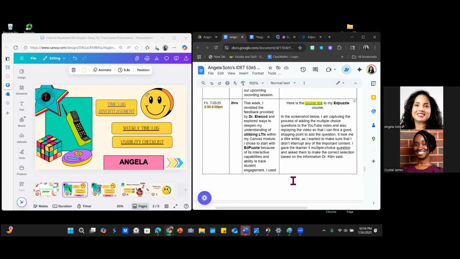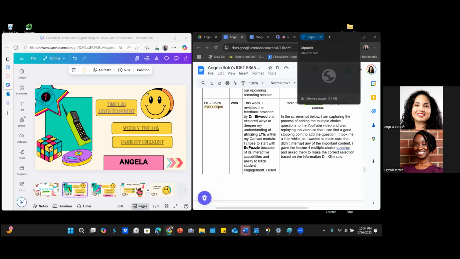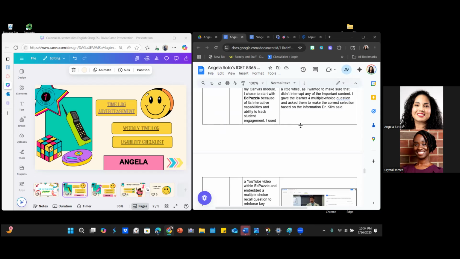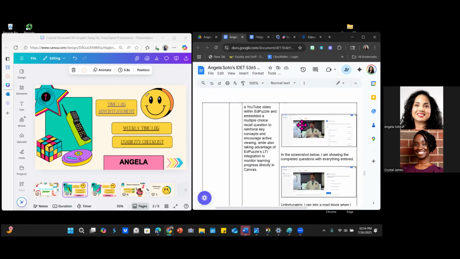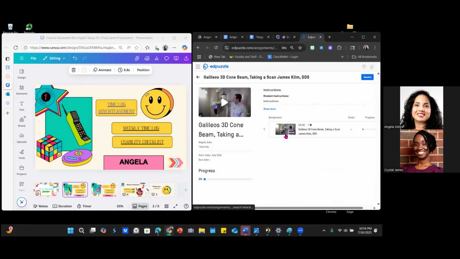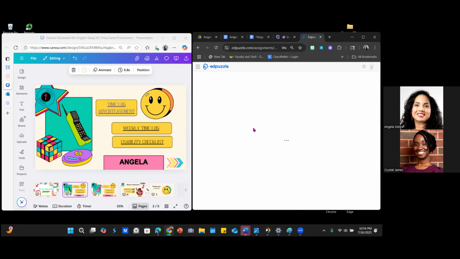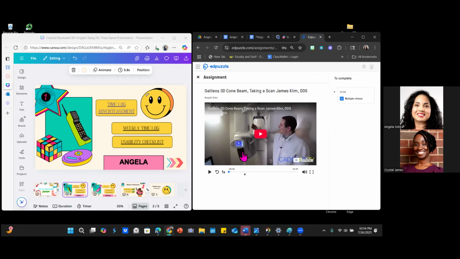And then I also utilized another LTI within my Canvas module, and I used Edpuzzle for this particular portion. I utilized a YouTube video within Edpuzzle. And when the student plays the video,